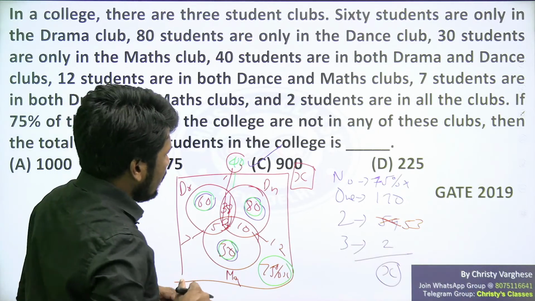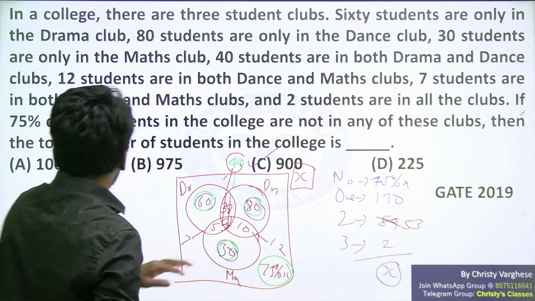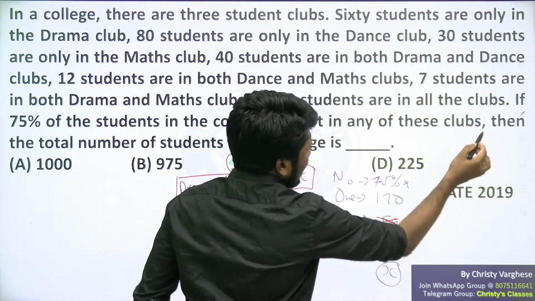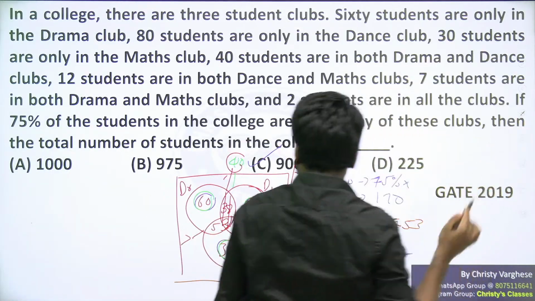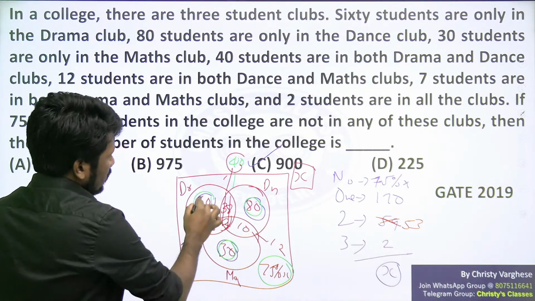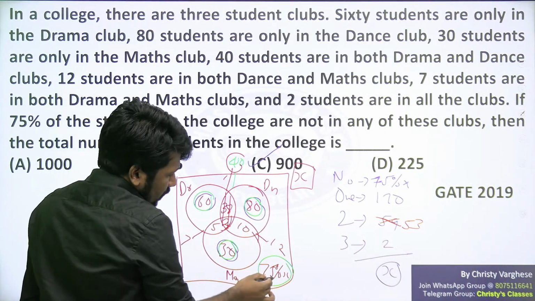That is 53. And then you can simplify. Once you have understood that, then you can use a shortcut also. How can you use a shortcut? As I told, 75% is